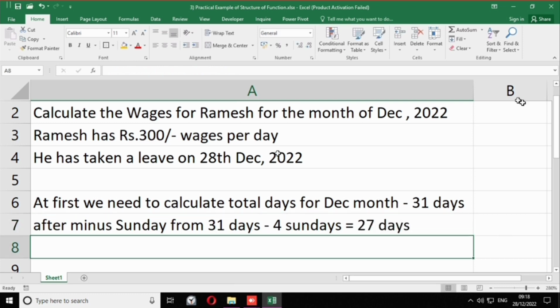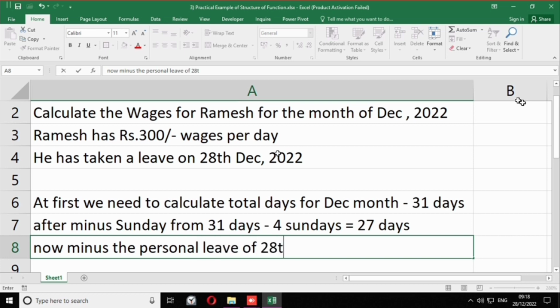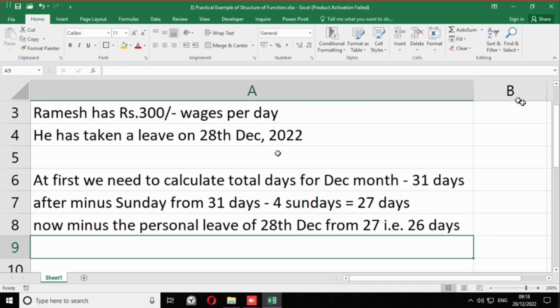Now minus the personal leave of 28th December from 27, then the answer will be 26 days. This is how you have calculated the total working days of Ramesh for the month of December 2022.